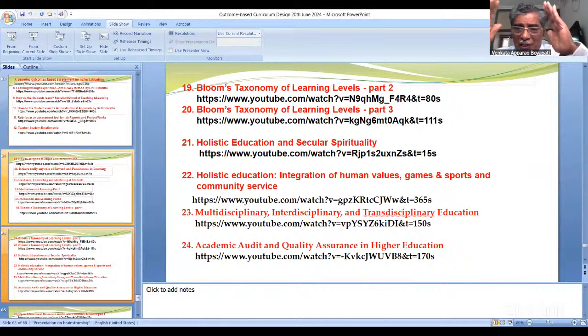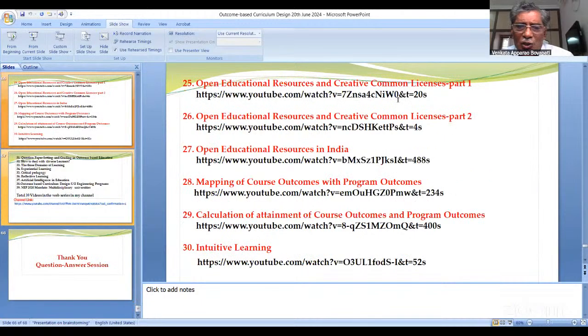multidisciplinary, interdisciplinary, and transdisciplinary education, academic audit and quality assurance in higher education, open educational resources and Creative Commons licenses, part 1, part 2, open educational resources in India, mapping of course outcomes with program outcomes, number 28. In detail, I discussed calculation of attainment of course outcomes and program outcomes, intuitive learning,